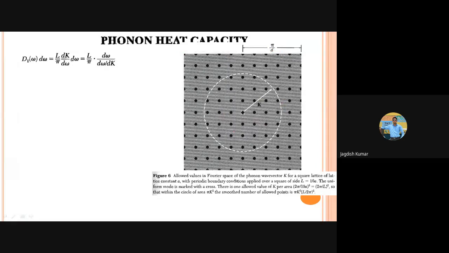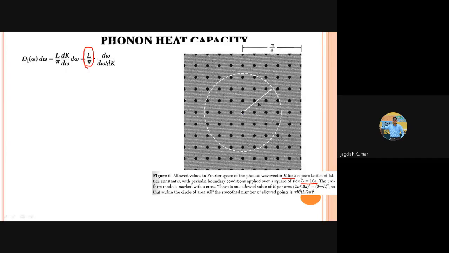Okay, so this example is actually for a 10 unit cell square lattice. Again, this is what they are saying, N is equal to 10. The main idea is how we can find out the density of states in that case. So basically the idea will remain the same. In the 1D case it was L by pi, which was representing the number of states per unit length of the K space.